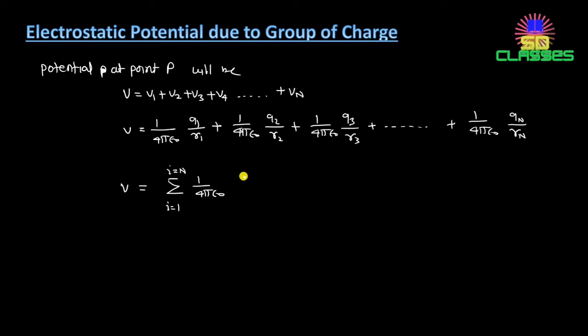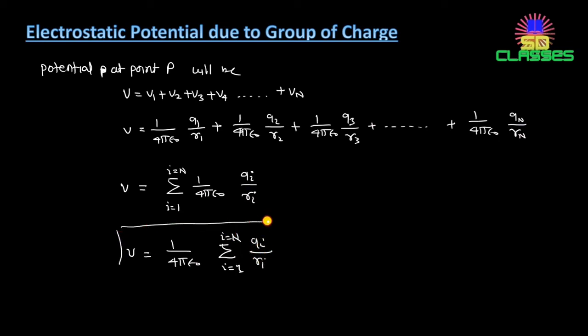Okay, so what is i? Qi by ri. So 1 by 4 pi epsilon naught is constant, so we can take it out. So 1 by 4 pi epsilon naught summation over i from 1 to n of qi by ri. So this will be the potential at a point P due to n number of charges around it with some distances r1, r2, r3 and rn respectively. Okay,